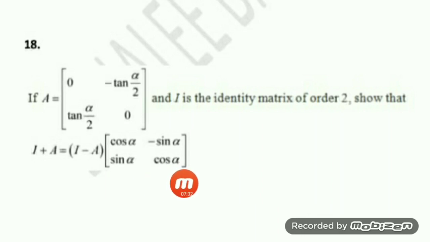So here you see, we have already discussed this question in our class, is it not? So again, here I just give the solution in another way. There I broke up the tan alpha in terms of sin alpha by cos alpha, but now we'll do the solution in just a different way.